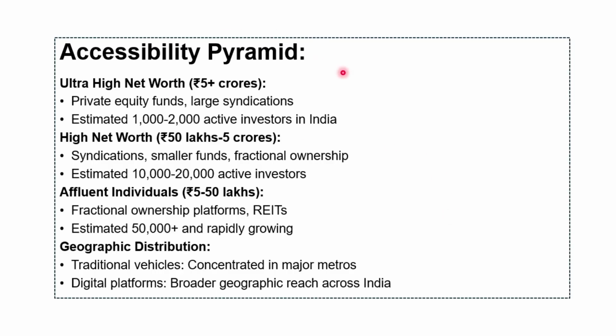So the accessibility pyramid. We have ultra high net worth, which is 5+ crore. They have the option of private equity funds and large syndication, with an estimated 1,000 to 2,000 active investors in India for this particular type of funds. Then we have high net worth individuals, so for that 50 lakhs to 5 crores. They may go for syndication, smaller funds, fractional ownership. They may also go for REIT